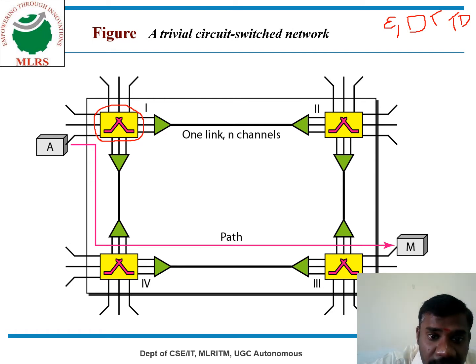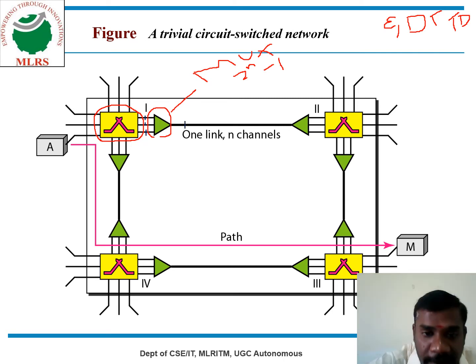All the switches are interlinked by multiplexing. What did I say about multiplexing? Multiplexing is where the input will be 2 power of n, and the output will be only one. See here, in this multiplexing, how many inputs will be there? Here you can see that three inputs are there. What is the output? Only one output is provided. That is the purpose of multiplexing.